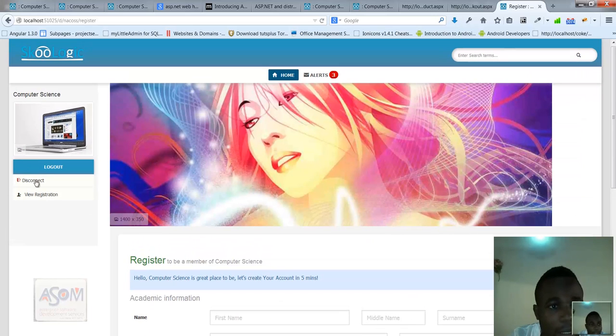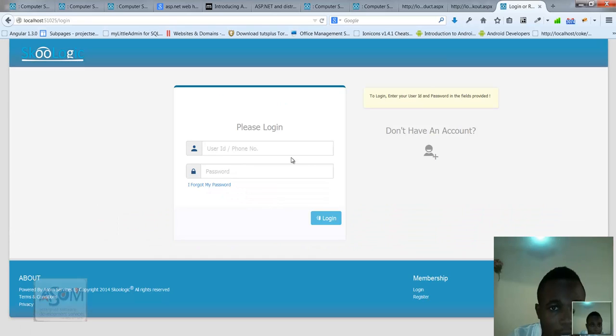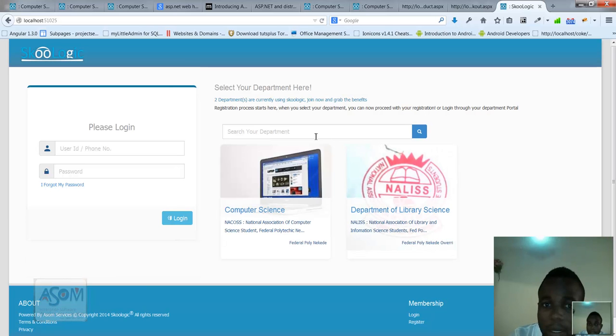Even if I log out and I come in as a student, I'm disconnecting, and let me go back to the home page. Now we have only 2 departments. This is just showing because I disabled some departments from showing. Maybe they don't have the requirements. For instance, if I should go to